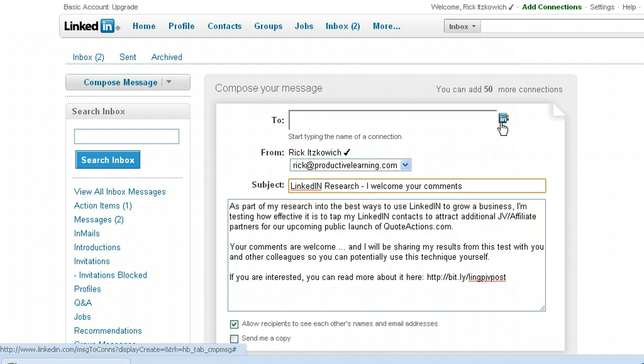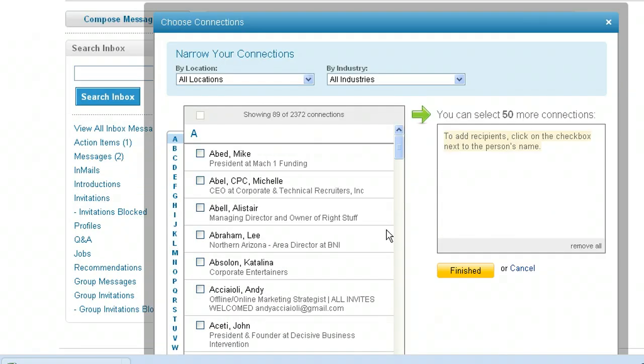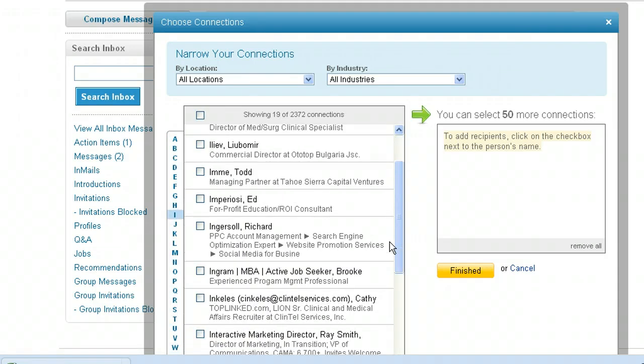And then you'll click on this box over here, this little icon, and you can communicate with 50 connections at a time using this method. When you do that, it's going to open up basically your address book inside of LinkedIn, and you can select who you're going to send it to. So I'll just show you for the purpose of demonstration. I have under the letter I